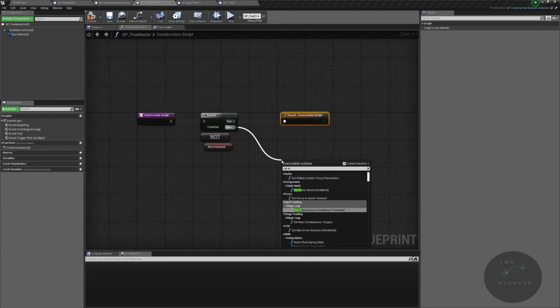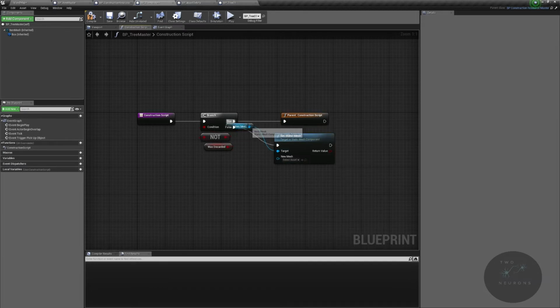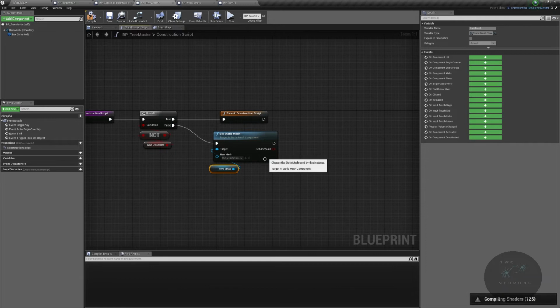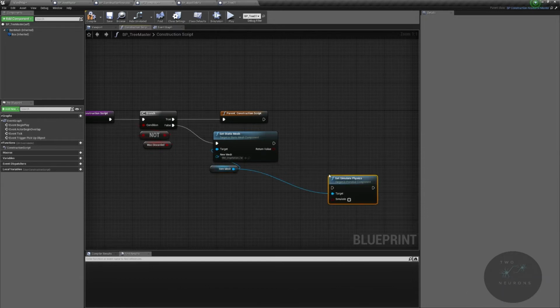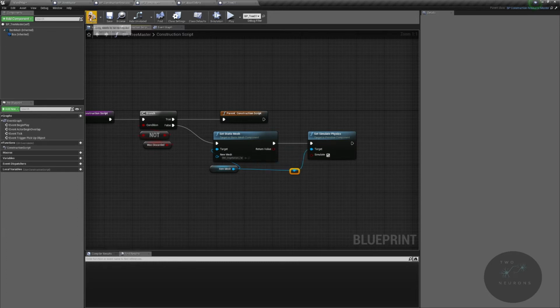So set static mesh, item mesh, or you can pull off the item mesh from the menu over here and find set static mesh. And we're going to do SM vegetation debris 002. And then we're going to take the item mesh again, and we're going to set simulate physics as true. All right, plug that into there, line this all up. And now when we go to harvest our tree,